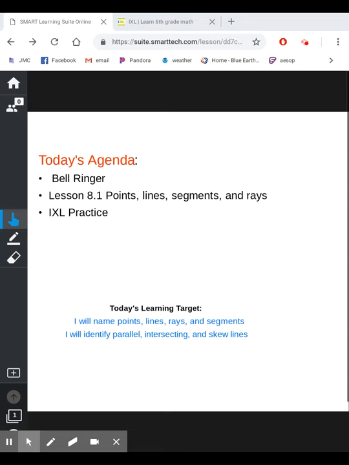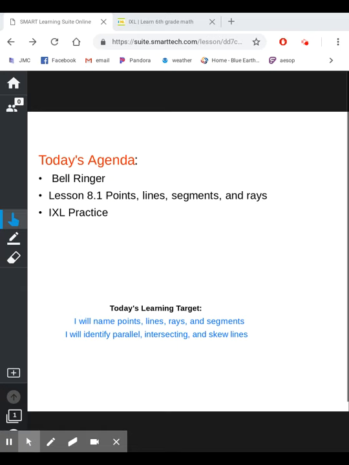Today we are going to be starting a new chapter. We're going to be starting Chapter 8, which is dealing with geometry. So first you're going to want to complete today's bell ringer. Then today's lesson is going to deal with points, lines, segments, and rays. You'll be able to name different types of points, lines, segments, and rays, along with starting to identify parallel, intersecting,